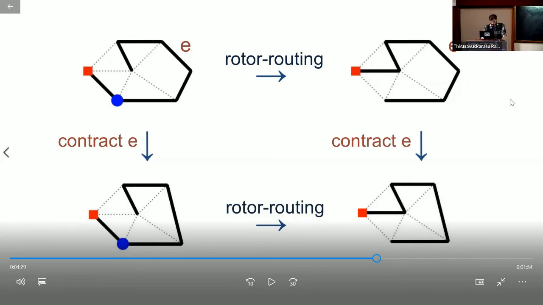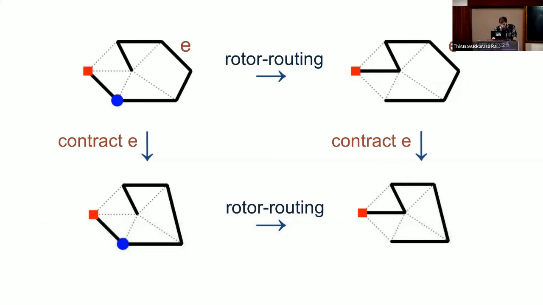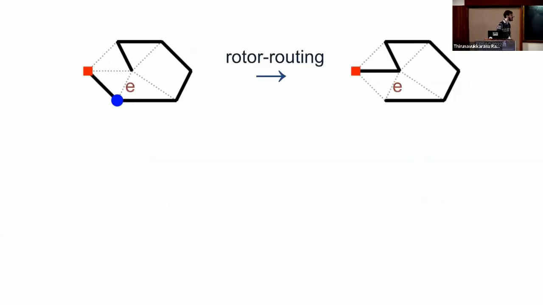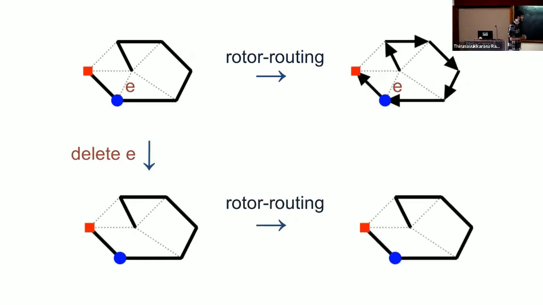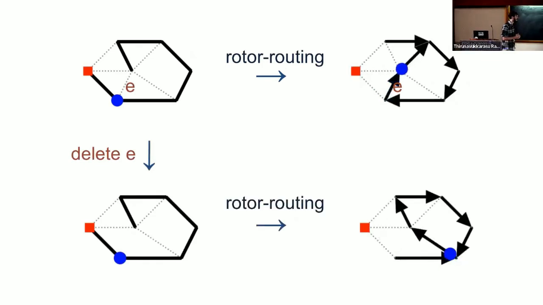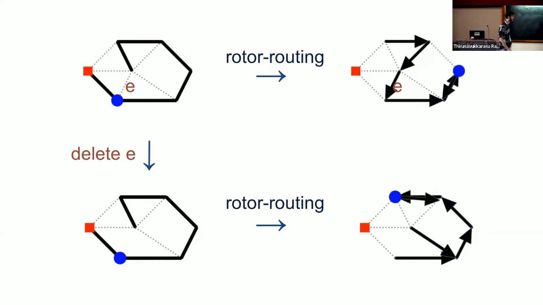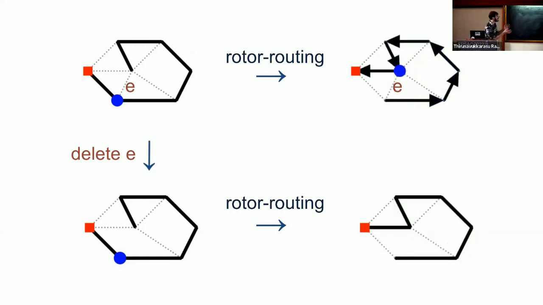And some people might be able to guess what's going to happen next is we get sort of the dual picture with deletions. So if we choose an edge that's not in the starting spanning tree or the final spanning tree and we delete it, then what we end up getting is the same final spanning tree, but the graph has now deleted this edge. So I spoiled that a little bit, but hopefully you don't mind. And I chose the sort of simplest non-trivial example where you actually get some interesting stuff going on,